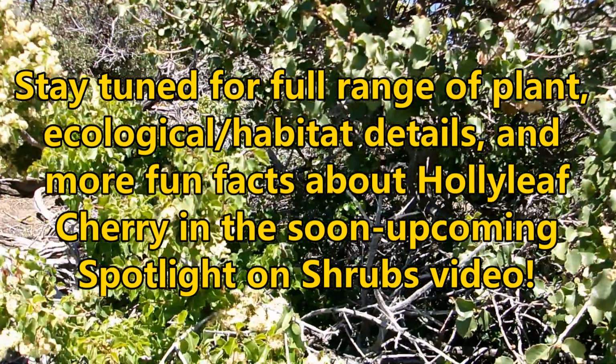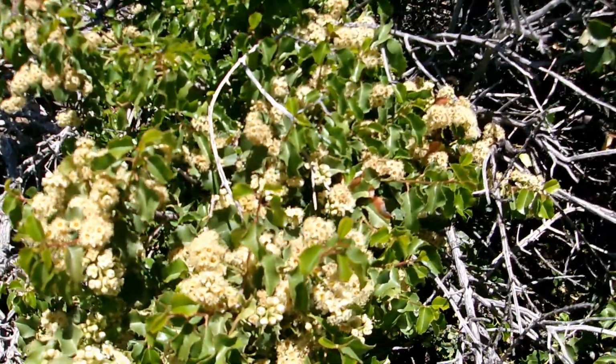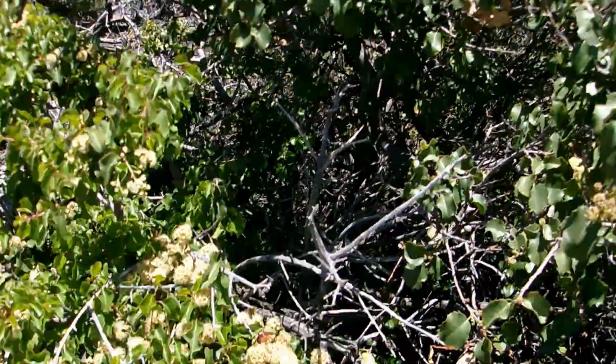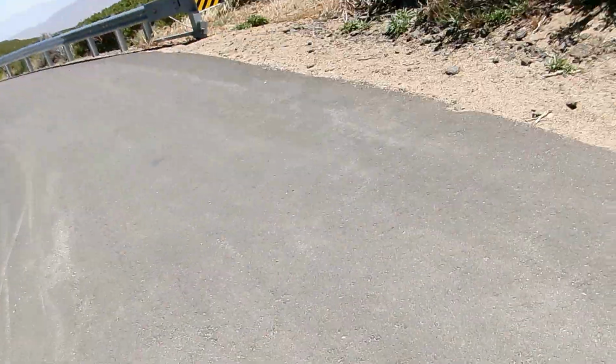But for now, just enjoy these beautiful blooms up here at Mount Laguna at 6,050 feet above sea level. So there you have it, Prunus ilicifolia, subspecies ilicifolia. I hope that whetted your appetite for the full-blown spotlight video, where I showcase the plant with its fruits developing on it. Hopefully some of them will